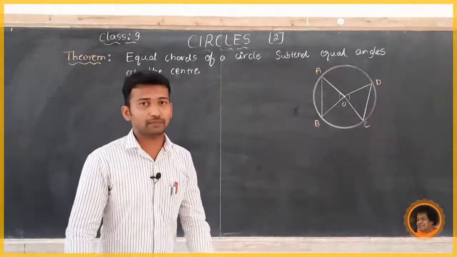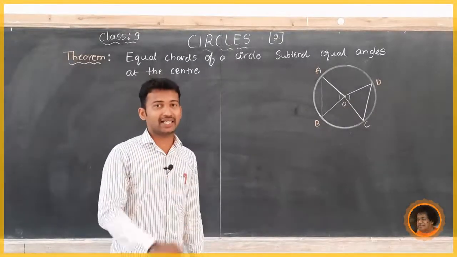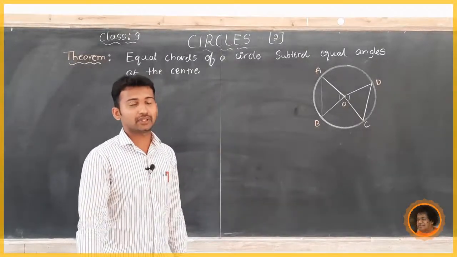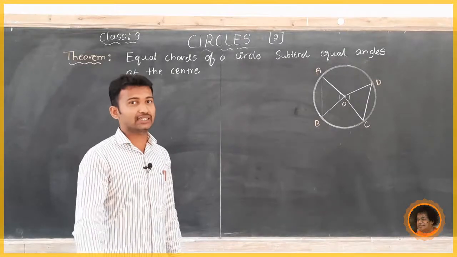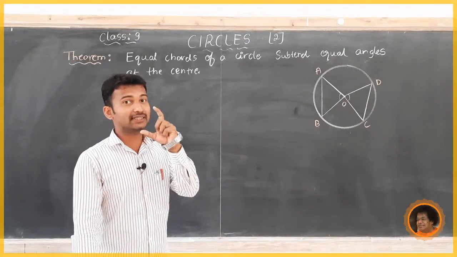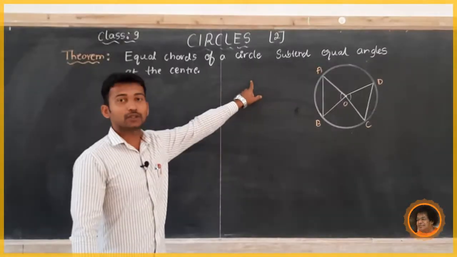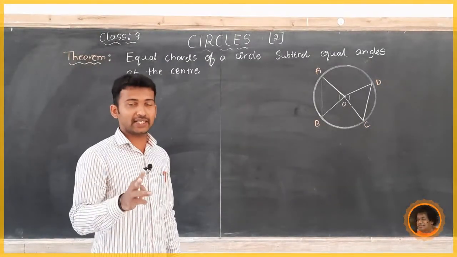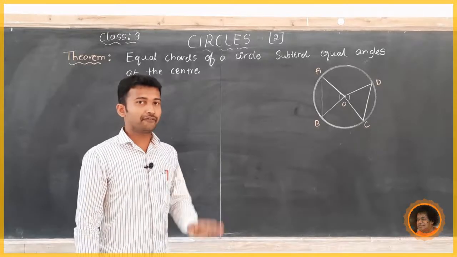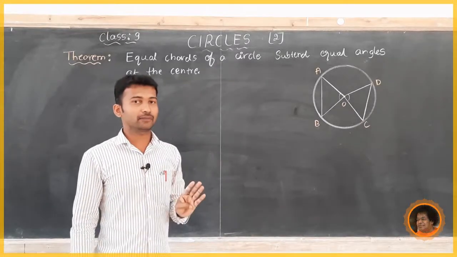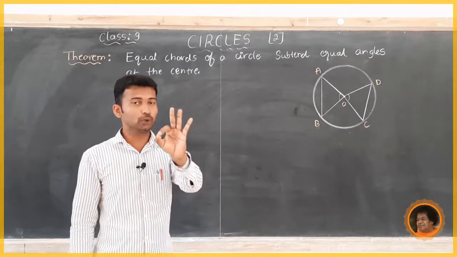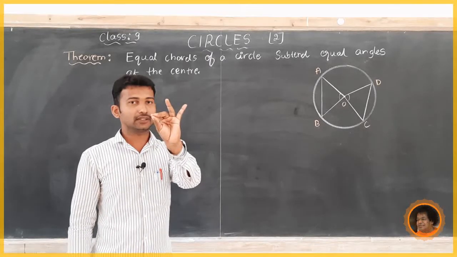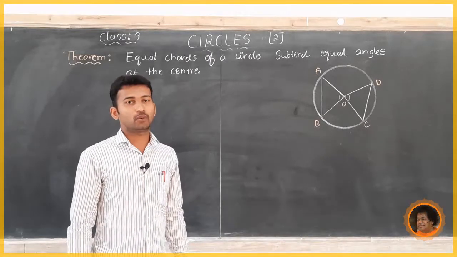So this is the theorem. You have learnt some theorems in your earlier classes. By using your previous knowledge, can you tell me what are the steps involved in proving a theorem? Yes, generally there are three steps. First one, data. Second one, to prove, and last, proof. What do you mean by data?